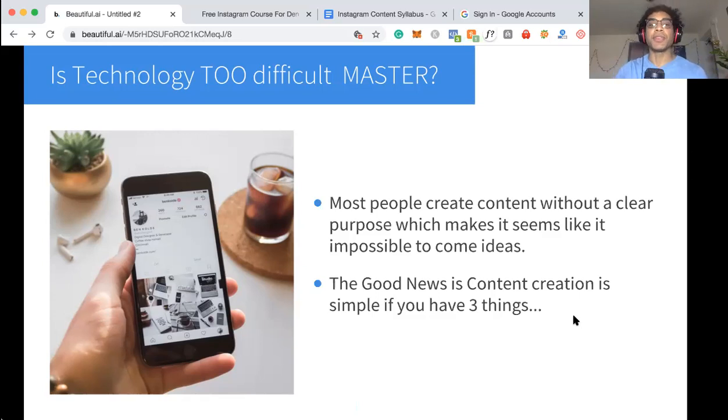But I know that technology is not going to get in my way because it's not too difficult to master. You just have to know exactly what you want to do and then figure out the best way to have the idea and then execute it. And so,